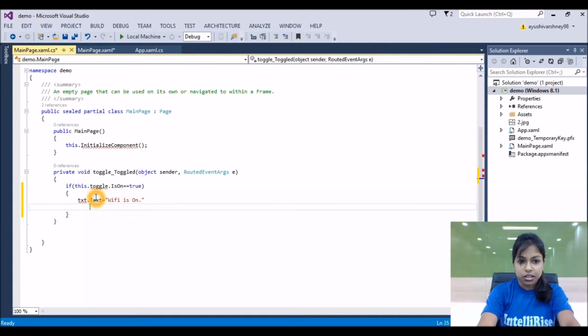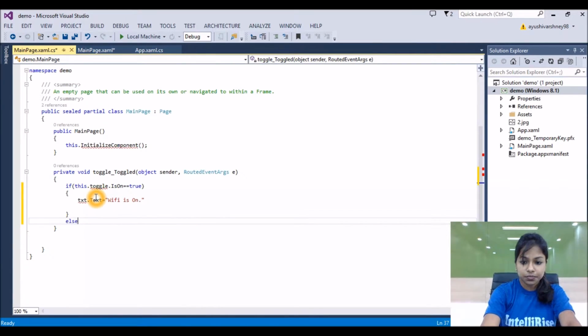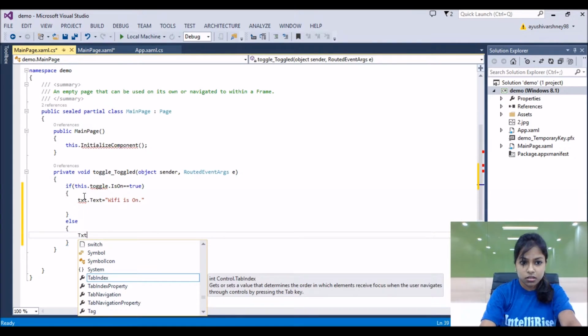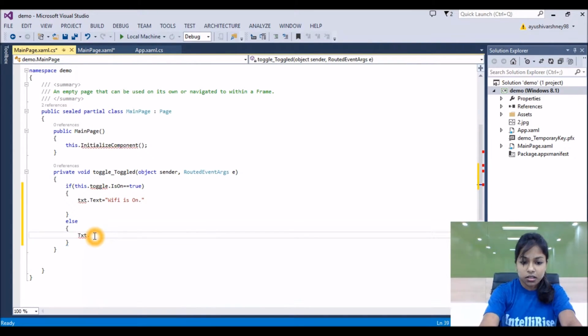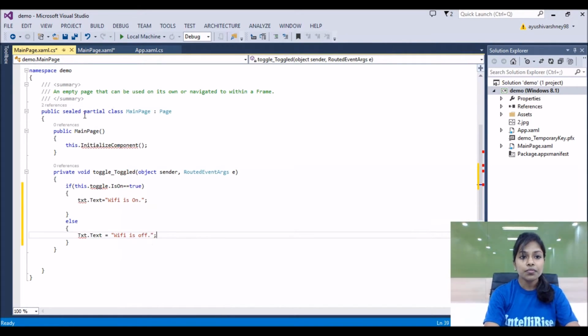And if it is not true, then else, the text block stores text equals to Wi-Fi is off, semicolon at the end of both lines.